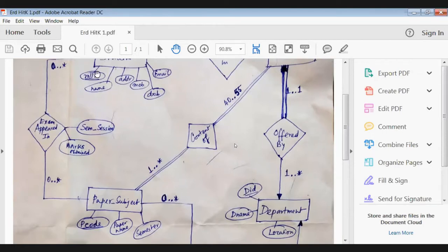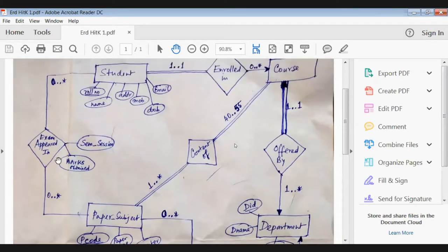So the primary key of the student table and the primary key of the paper subject table will be combinedly acting as the primary key of the exam appeared table. Here. So they will act as the primary key of this one.